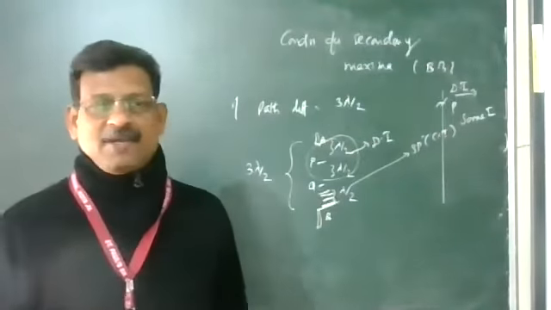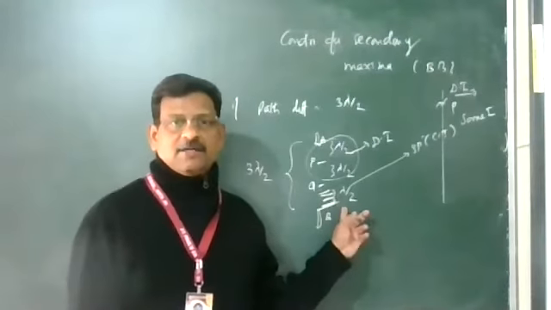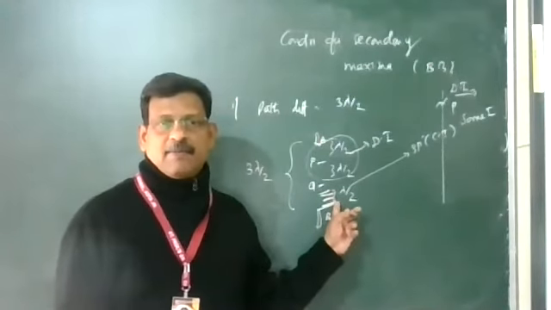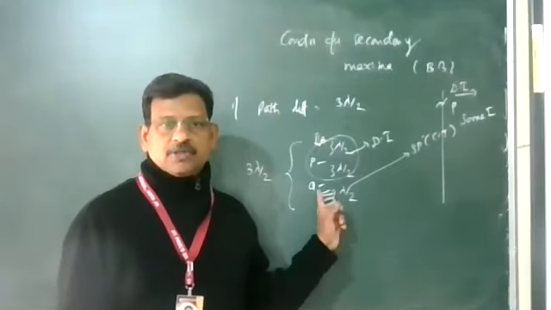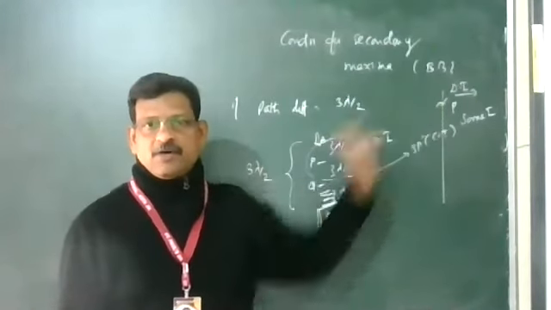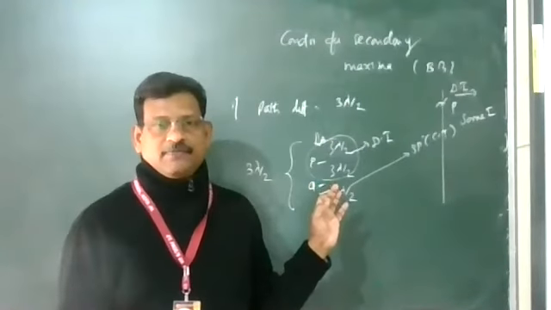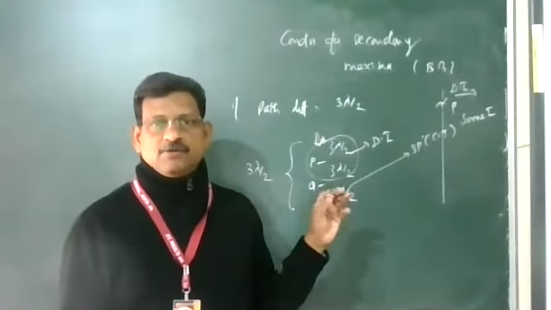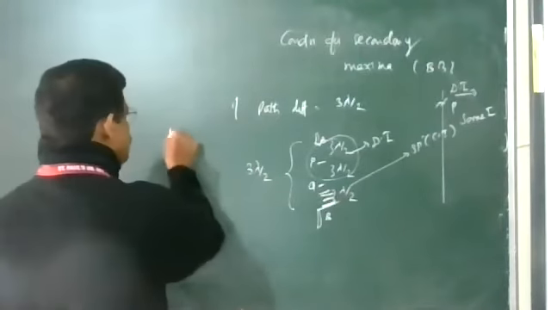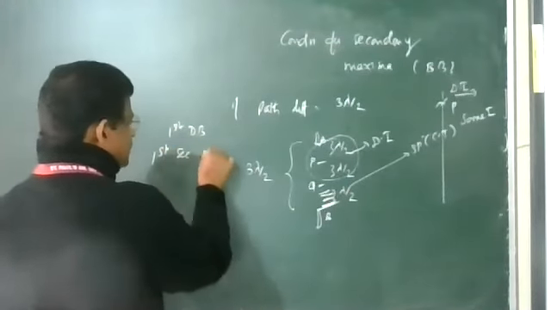Only some intensity will be there. Only one third part is there, one lambda by 2 part is left. So some of the wavelets will go and reach there, that means constructively interfere and produce some intensity. So that is the position. This will be the first bright band, called the first secondary maximum.